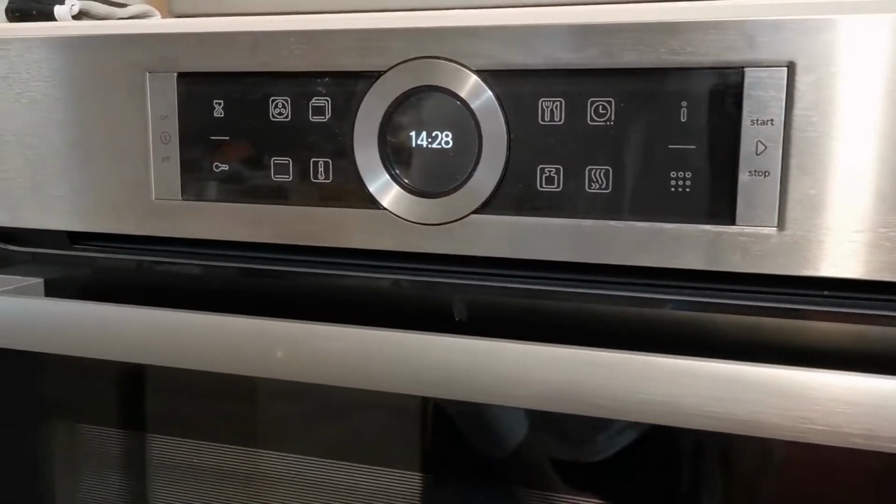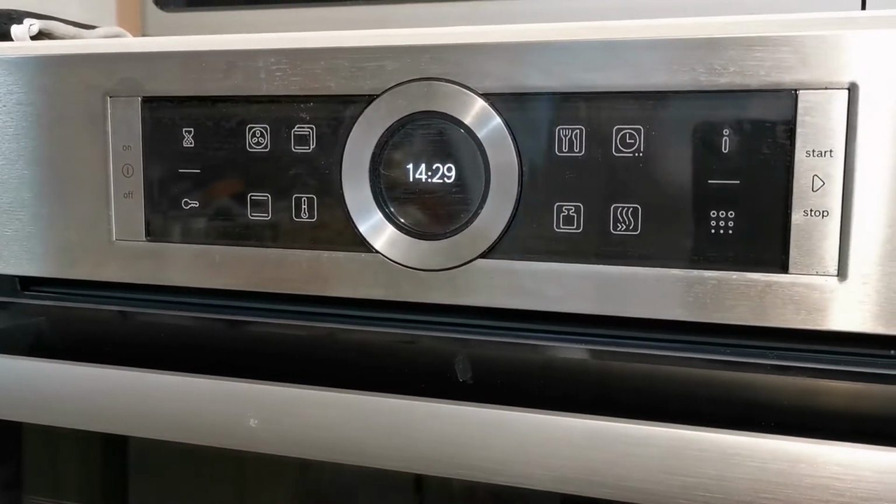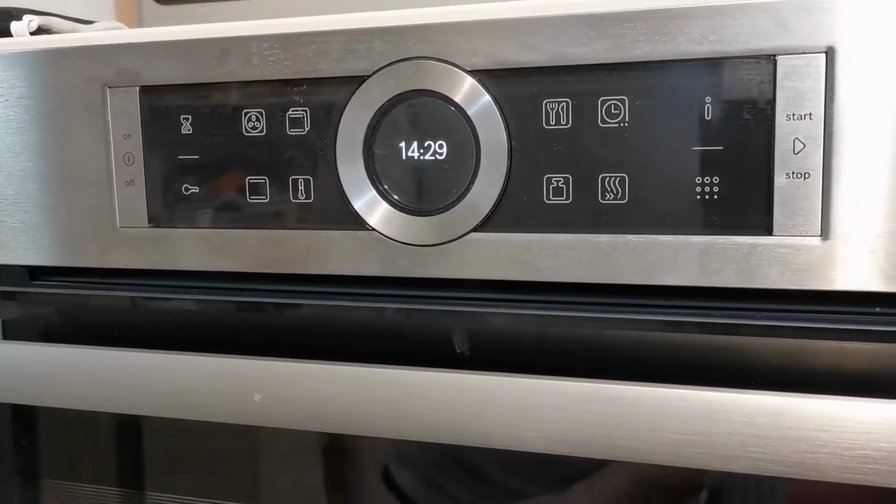One way to change the time or language is to disconnect and reconnect the power supply, and then you will get a setup menu automatically. Or, second